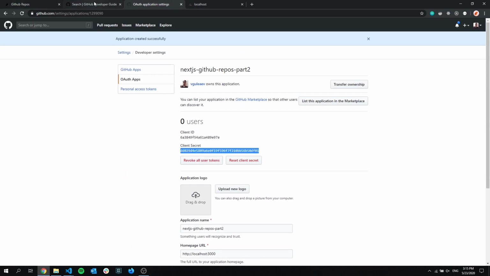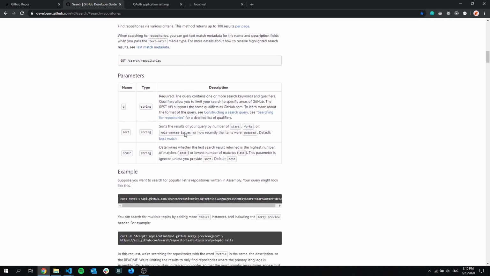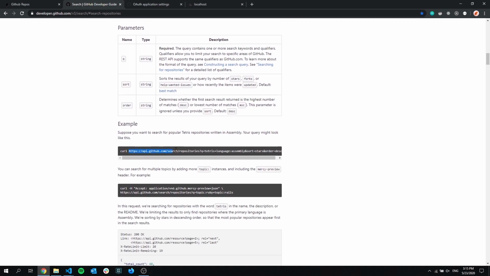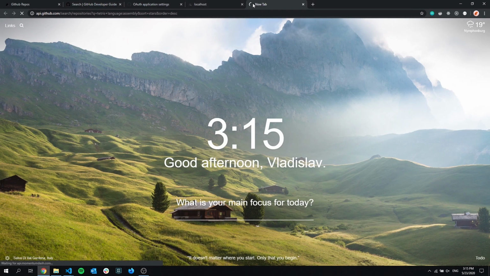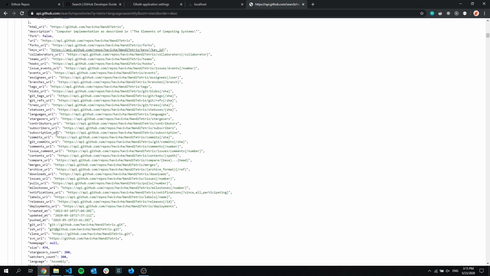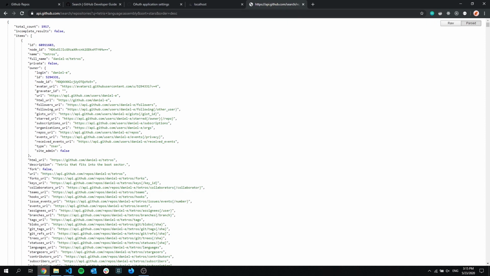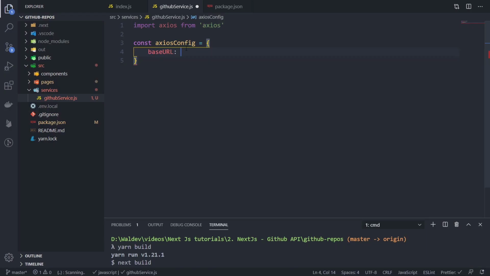How to search the repos? Let's go to the documentation, and here you can find search repositories. And here scroll to the final, to the example. This is the example. Let's copy the example and see what it returns. It should return us an array of many repos based on the query. And the query here actually is a funny one. It's a Tetris and language assembly. But what is important for us, let's copy the base URL and put it here. The base URL is